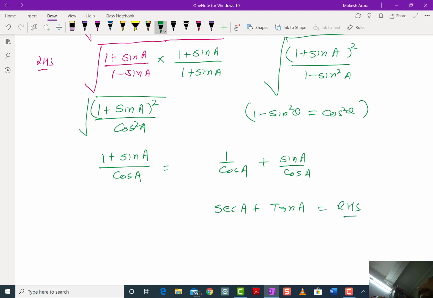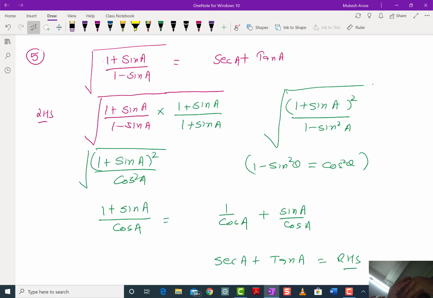See, in every sum you have to follow these 5-6 steps. First, whether an identity is being used. Second, can we change into sin and cos. Third, can we take the LCM, and fourth is rationalize. So automatically you will start getting the answers.